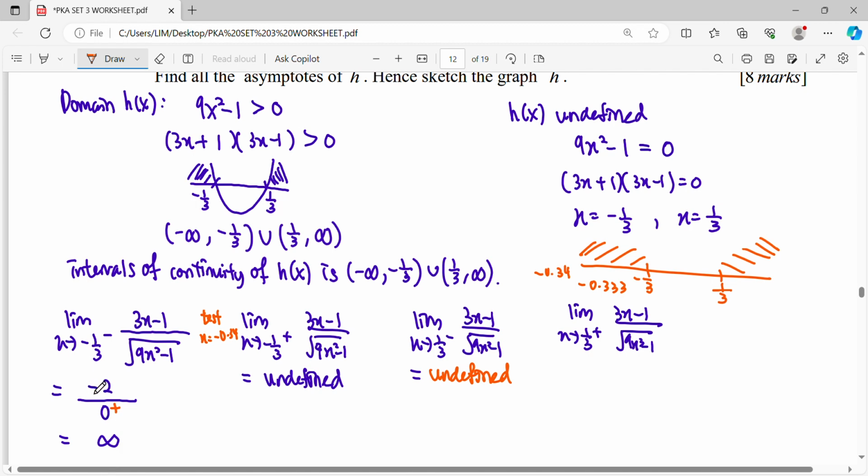So negative over something positive gives us negative infinity. So it means that at x equals -1/3, there is an asymptote. Your graph is going to negative infinity, going down. Alright. So for this side,